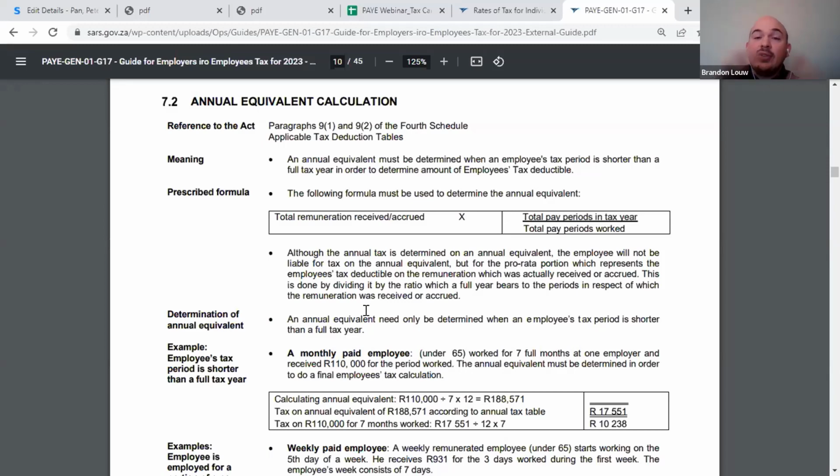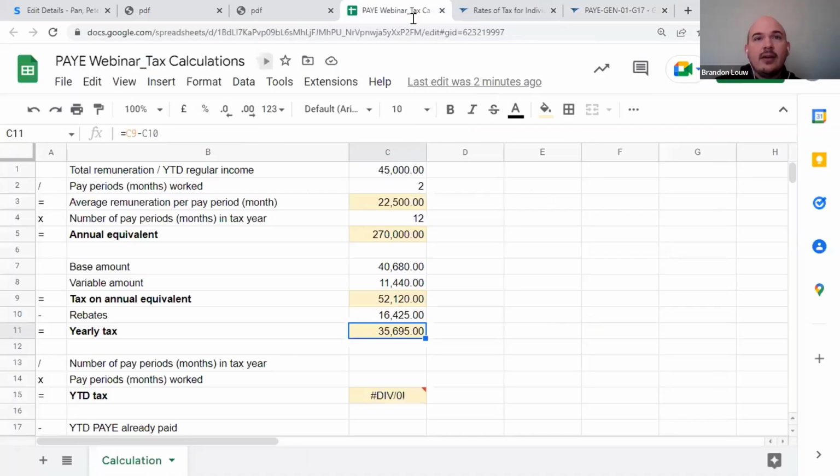Essentially what it means is we're going to de-annualize this tax figure using the inverse of this ratio. So what we're doing is we're taking that 35,695, we're going to divide it by the number of pay periods or months in the tax year. So divided by 12 to work out what is the average tax that this employee pays based on their average earnings, and then multiply it by the pay periods or the months worked, in this case 2, to determine what is the year-to-date tax that they are liable for. So they should have paid 5,949 Rand and 17 cents by the end of April to cover the earnings for